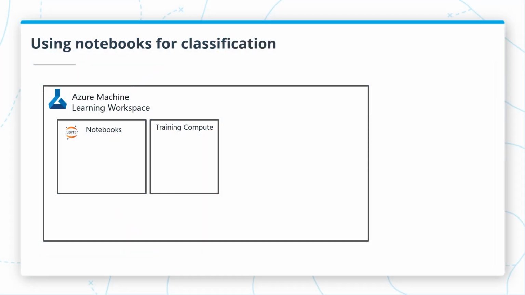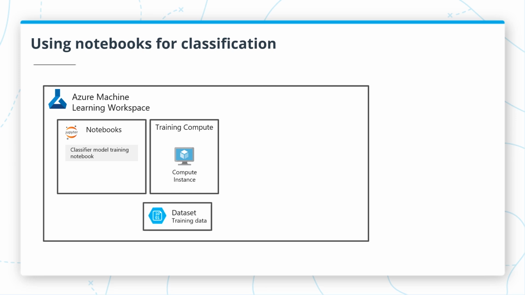Now, let's see how notebooks are used for training and deploying models for classification. A Jupyter Notebook is created within a Compute Instance provisioned within the Azure Machine Learning Workspace. The notebook uses the Azure Machine Learning Python SDK to retrieve the training data, a set of flat files, from the dataset registered with the workspace and whose connection information, such as storage account name and keys, to the Azure storage is defined in the data store.